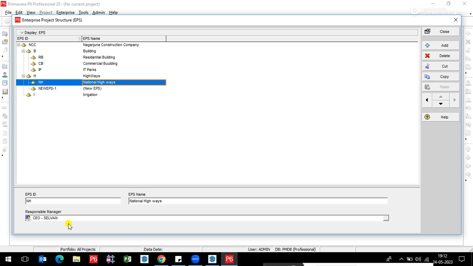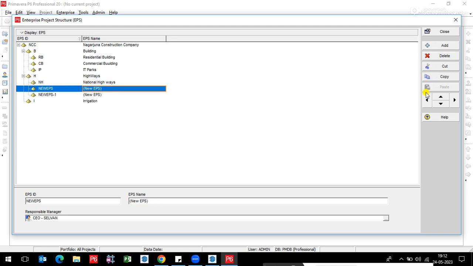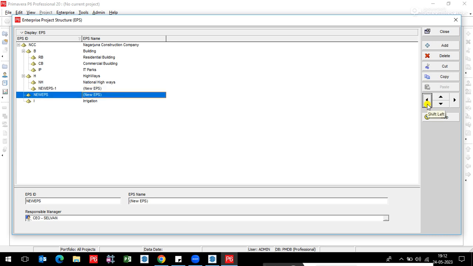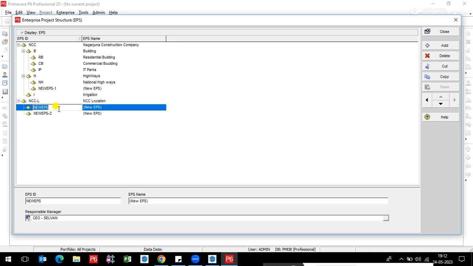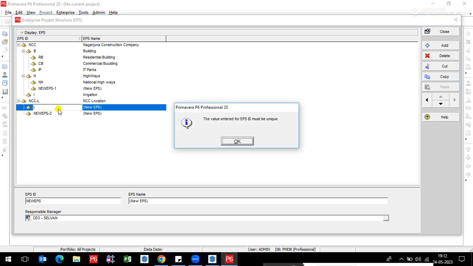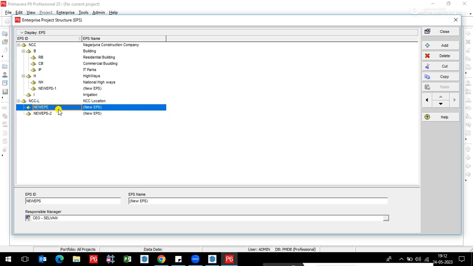The way to do that is to click on the add button, and now I want to separate this complete department. I don't want to include it in the particular NCC. Make it separate. This is also NCC, but I am doing the particular project by location. Yes, NCC, location. In example one we showed department wise. Now I want to discuss the NCC company's location wise. Click on add. They have two locations. One is international projects, which I already gave, but it is not accepted. So I am giving